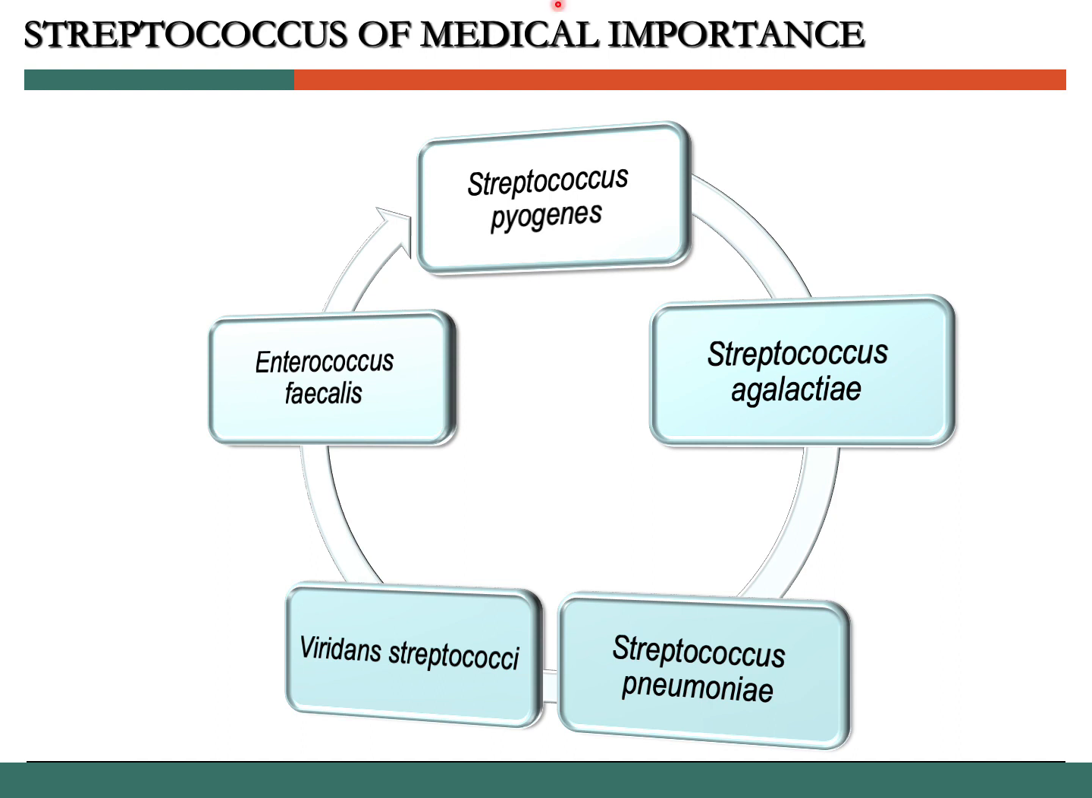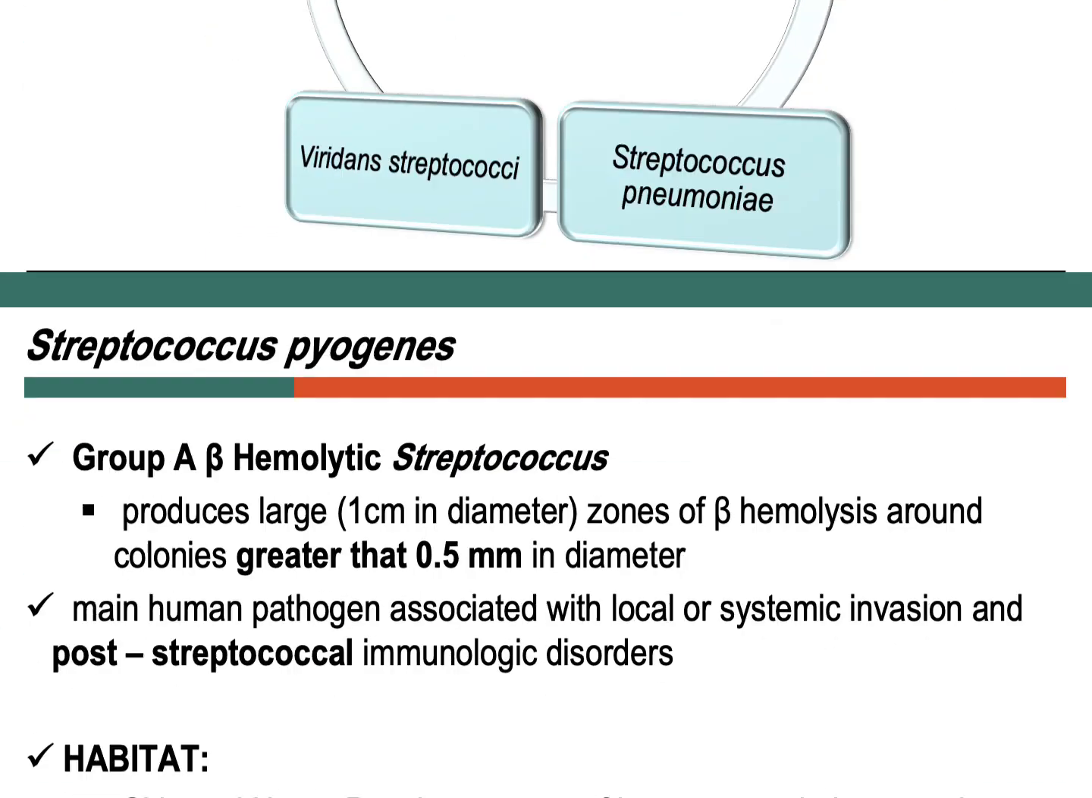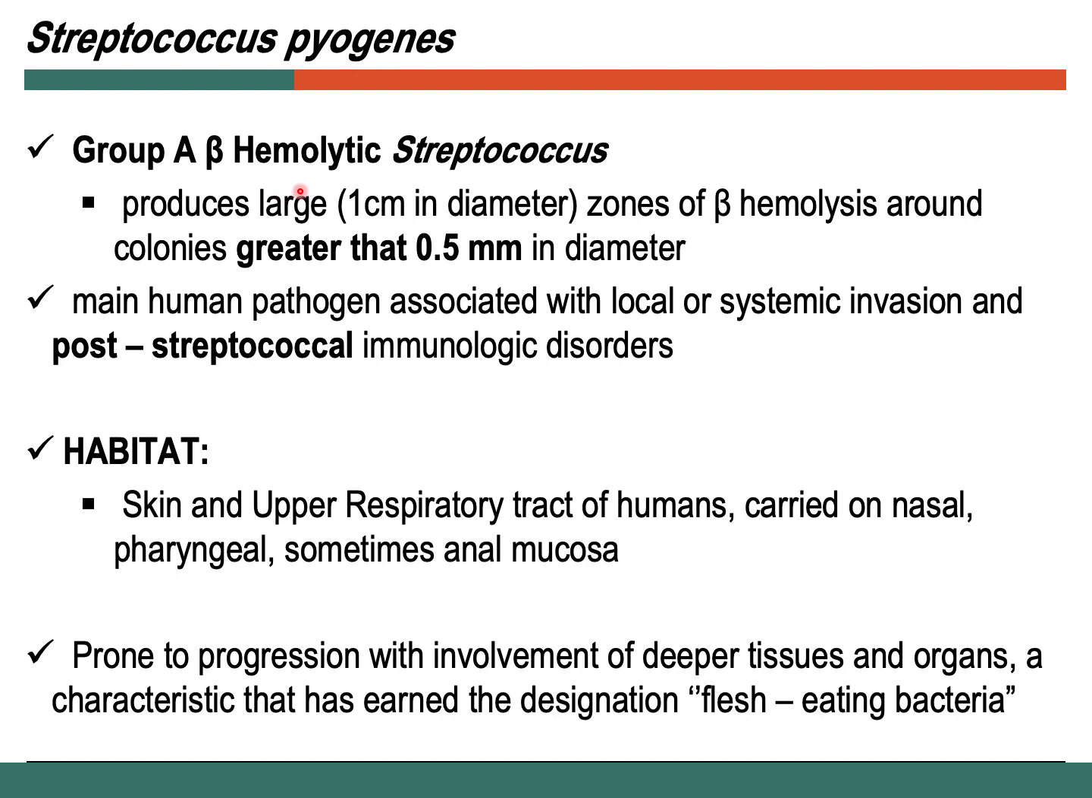So, these are the different classes of Streptococcus of medical importance. We'll discuss each species one by one. Let's start with Streptococcus pyogenes, or your group A beta hemolytic streptococci, or your GAS. Group A Streptococcus pyogenes produces large zones of beta hemolysis around the colonies, and the main